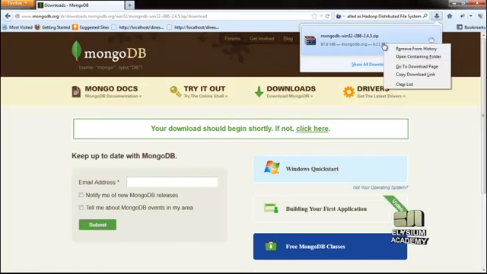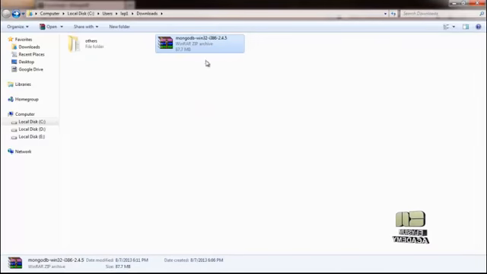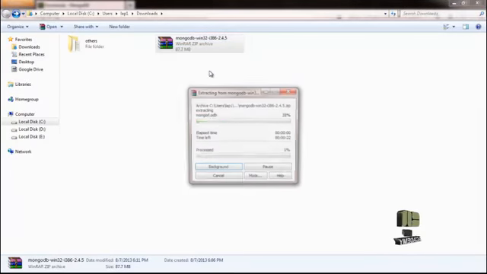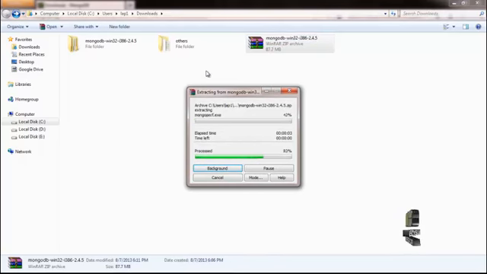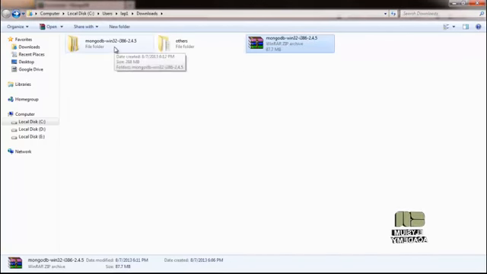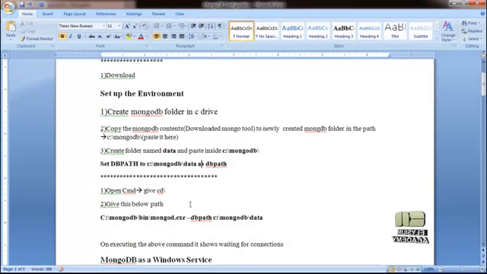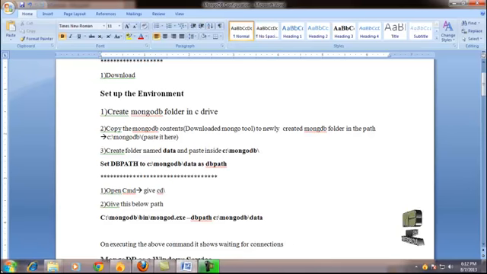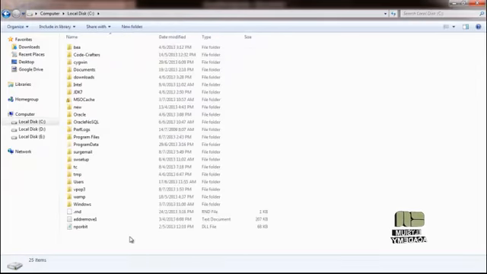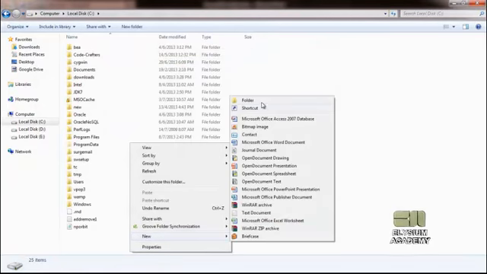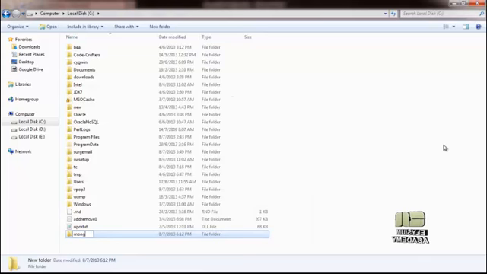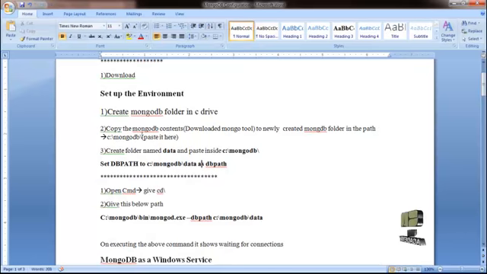Once it is downloaded, I'm going to extract that MongoDB. So once it is getting extracted, just follow the installation instructions here. After you download, just create a MongoDB folder in C drive. Just take C drive and create a MongoDB folder here. And after that, copy the MongoDB contents to the newly created path